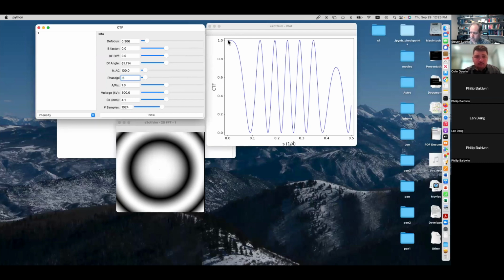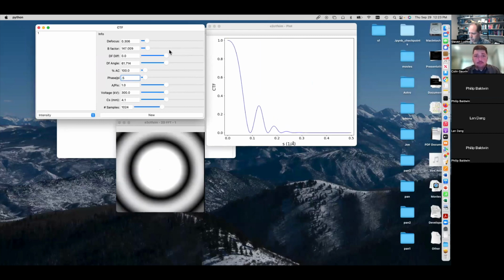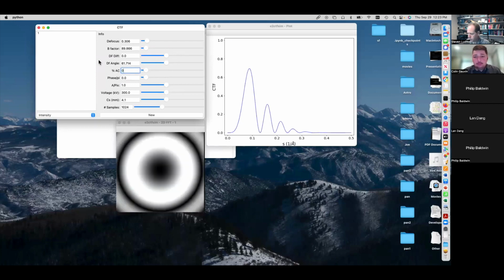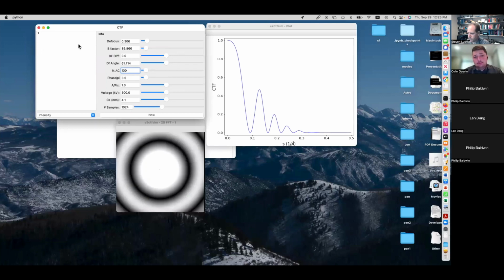If you do this, you get this massive contrast at low resolution because you also have this B factor, right? So you've got this B factor, so this fall off at high resolution. So if you have no amplitude contrast, it looks like this, okay? So you're getting a lot of signal in here, and a lot of signal in here, and a lot of signal in here. But if you now have this 90-degree phase shift, this sort of phase plate contrast, you've got